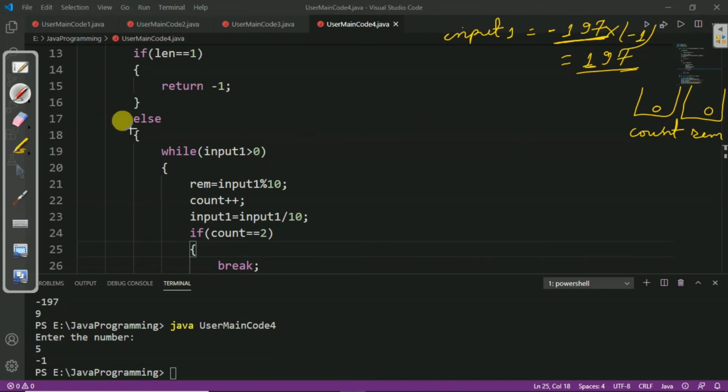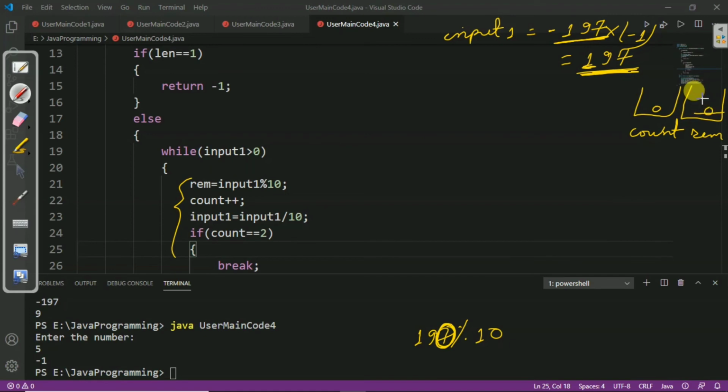Now, we will come to the else part, and here while input1 is greater than 0, we can see that our input1 is 197 which is greater than 0. So, we will perform this operation: remainder equal to input1 modulus 10. Here our input1 is 197, and 197 modulus 10 returns the remainder 7.